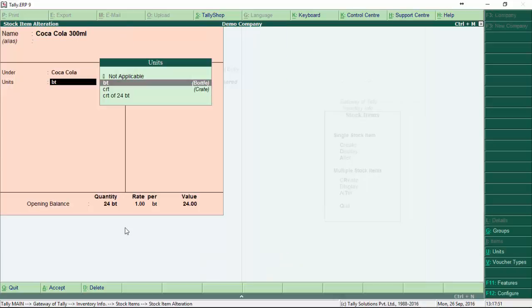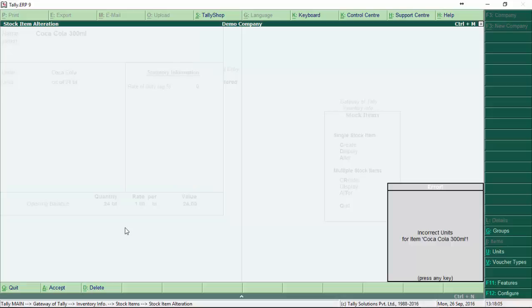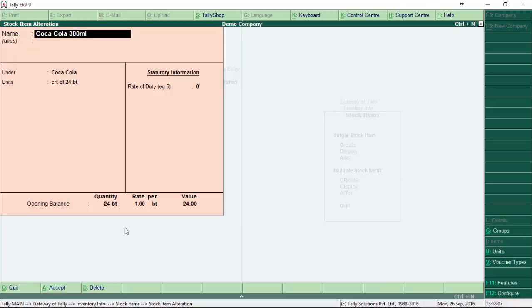Now instead of selecting this, we can select crate of 24 bottles as the unit, so that we can sell in both crate and bottles with that conversion that we did. In that case, crate becomes the base unit and bottle becomes a secondary unit. So we have one crate,